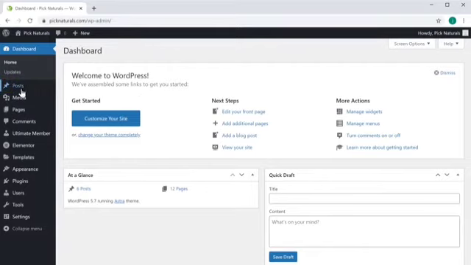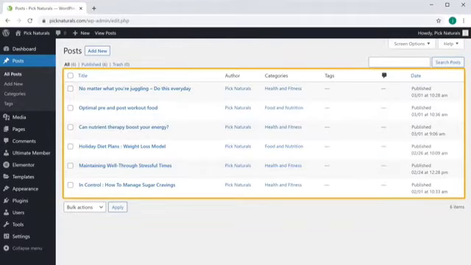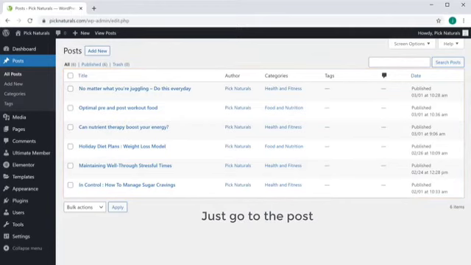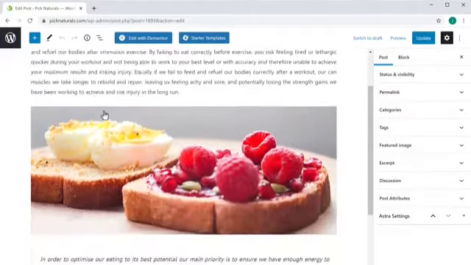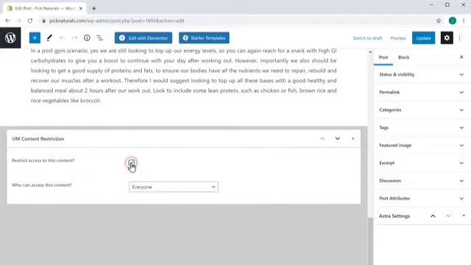Now go to Posts and click All Posts. Here you can view all the posts on your website. Just go to the post which you want to restrict. Now scroll down. Like we did before, let's enable this option and then choose who can access this content.